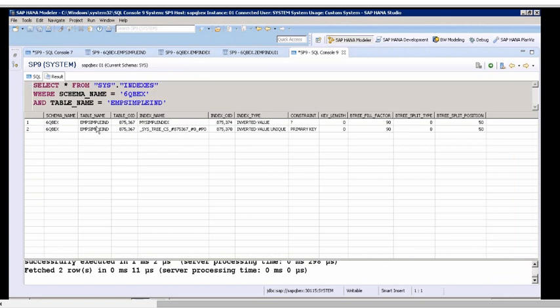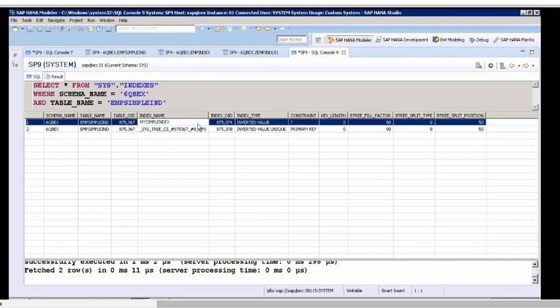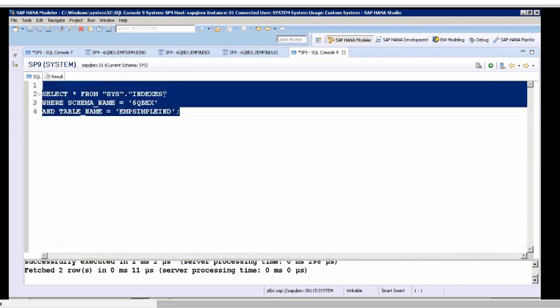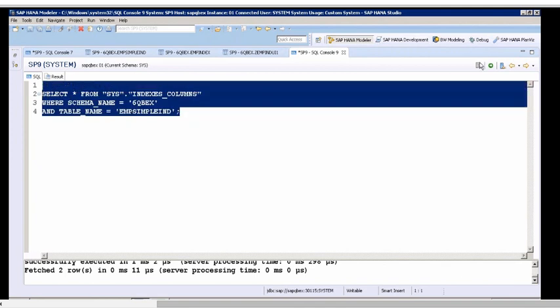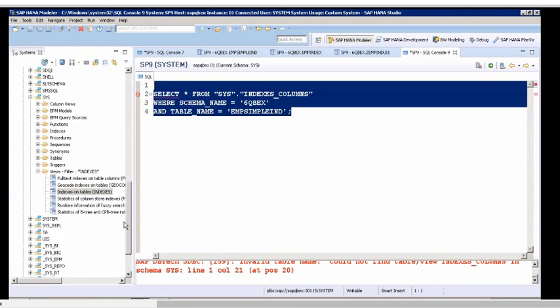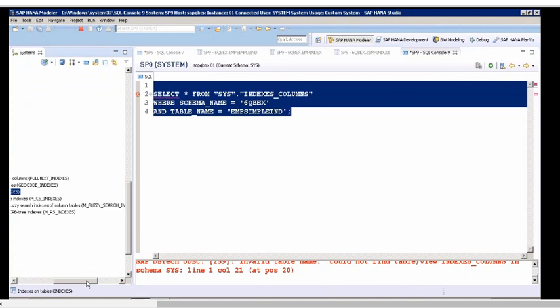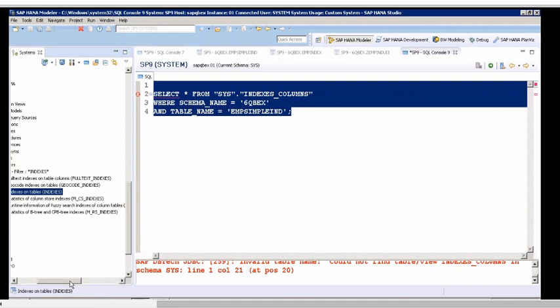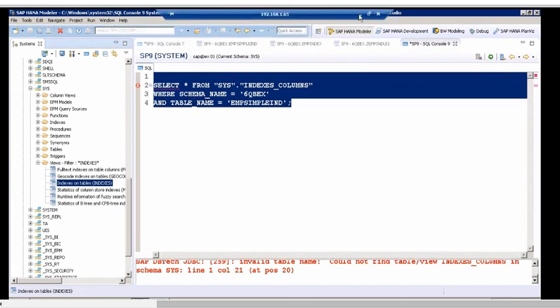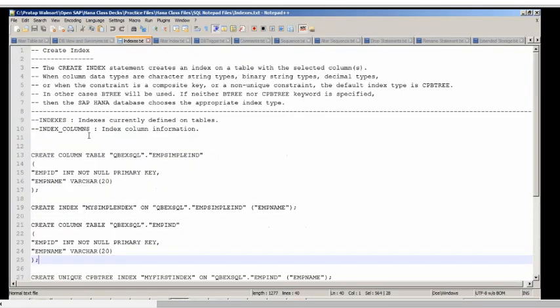So this is a schema, this is a table, and this is the index name, and there are index columns.